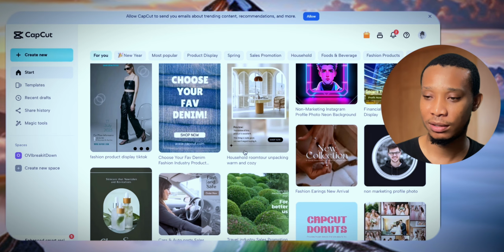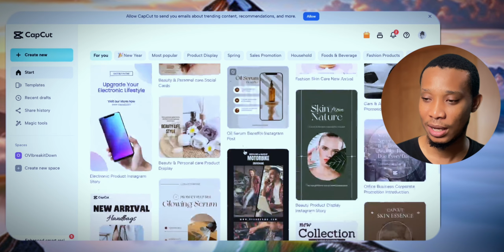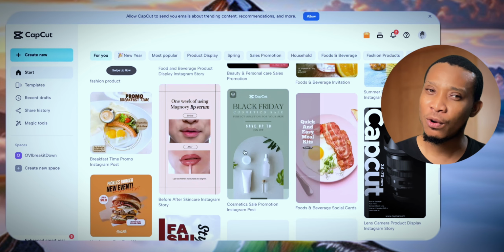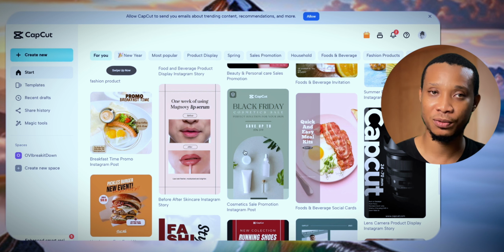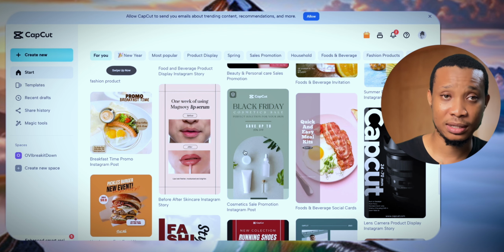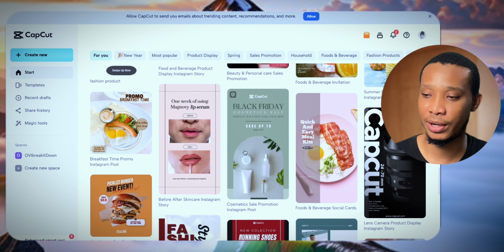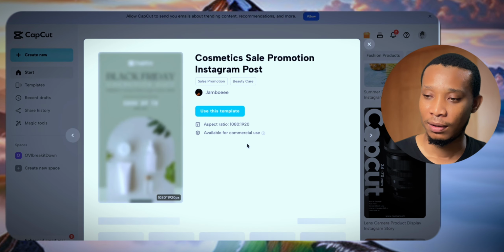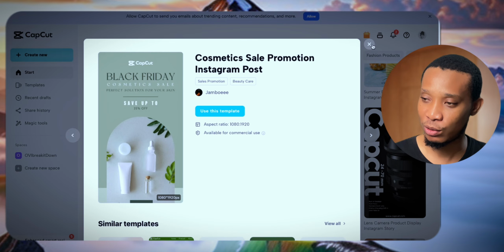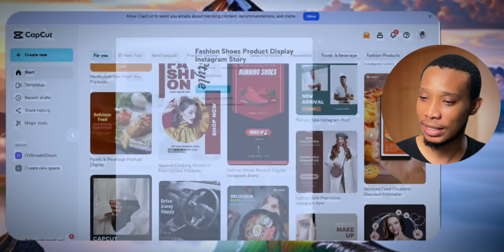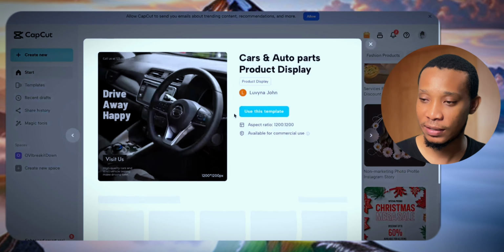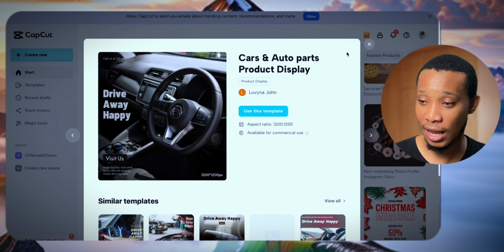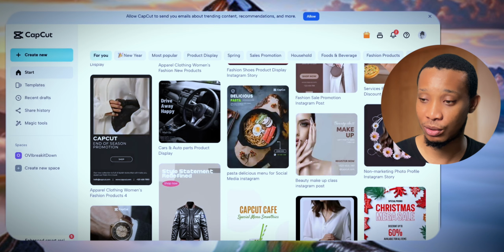Loads of templates, a lot of templates to use. And for Canva, it's a little bit different because you see some really beautiful templates, but you can't really use them because they have pro assets inside, or the template is entirely pro, right? But for this, I am yet to see one template that is restricted. Everything here is free. Literally everything is free for me to use.